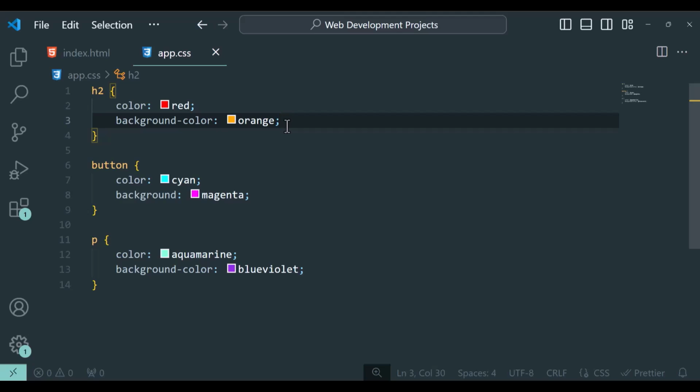Welcome to this tutorial on colors in CSS. Today, we'll be diving into two popular ways to define colors in your style sheets: RGB and hexadecimal. So what is RGB? RGB stands for red, green, and blue, and these are the three primary colors of light used in digital displays. In CSS, the RGB function allows you to specify a color by defining how much red, green, and blue should be mixed together to produce the desired color.